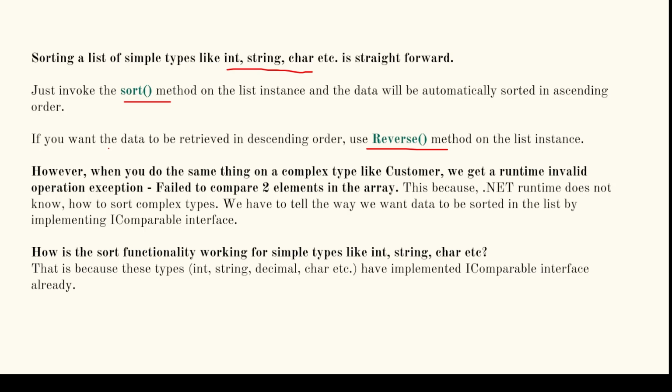However, when you do the same thing on a complex type like customer, we will get a runtime error. It will give us an invalid operation exception. That is because .NET compilers know how to sort integer and string, because these types are implementing the IComparable interface. So if I go back to my Visual Studio,